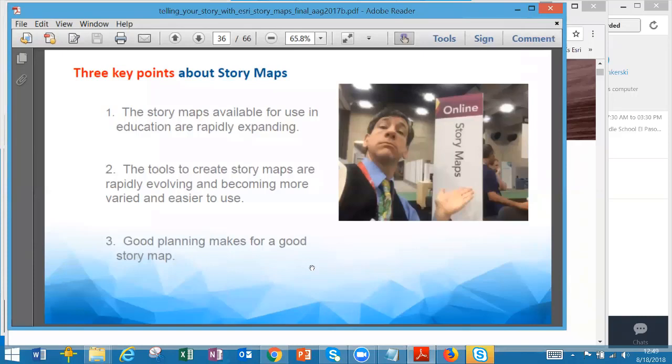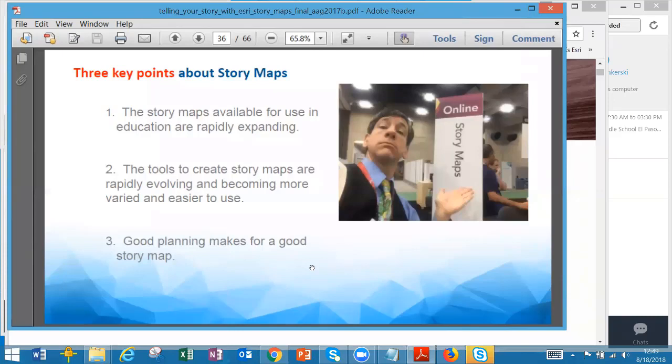They just do. The third thing to point out here is that just like when you're going out in the field with your students, or just like you're starting a new unit with your students, you plan ahead. You don't just sort of plunge in and say, okay, we're going to make a story map. So I kind of brushed by, in the interest of time, why a map tour, for example, would be a good choice for your vegetation map. But I kind of touched on it a little bit. It's an easy to use one. It's going to tell a good story. We didn't finish it with every single photo that you might have taken, but